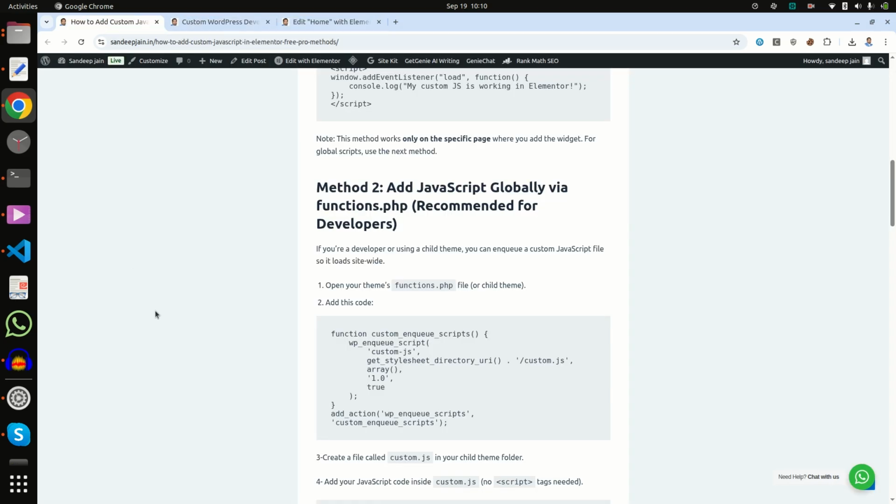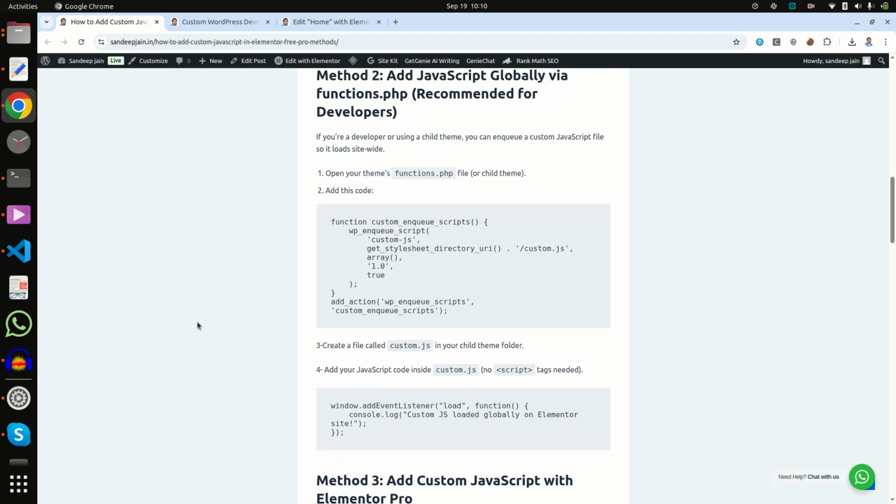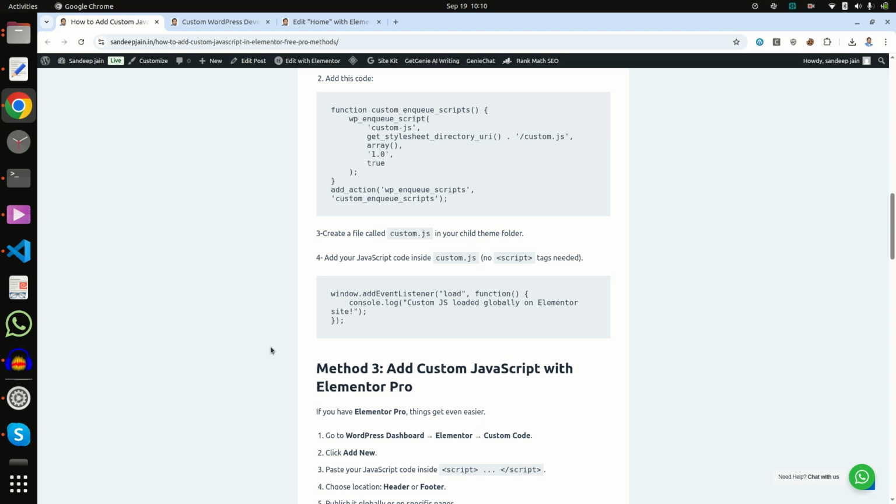And second method, go to your functions.php or child theme, and inside functions.php paste this code, and make a custom file custom.js. Inside that, without the script tag, you can put this code, but it will run globally.